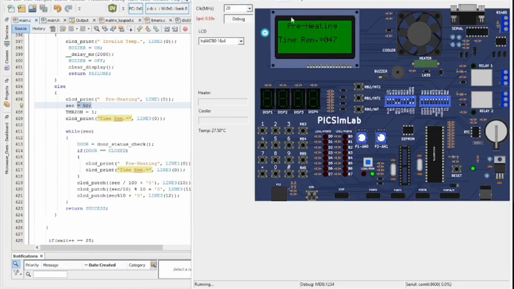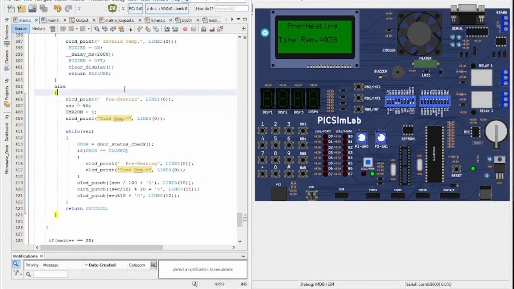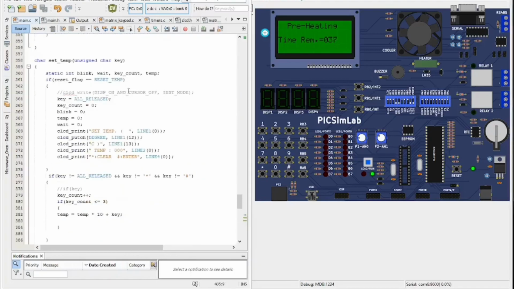So up to this we have to wait. We didn't do anything in the preheating mode until the time turns off. As in every mode, if the door is open, it has to give us the warning that your oven's door is open, please turn off the oven. As we see here, I have mentioned that